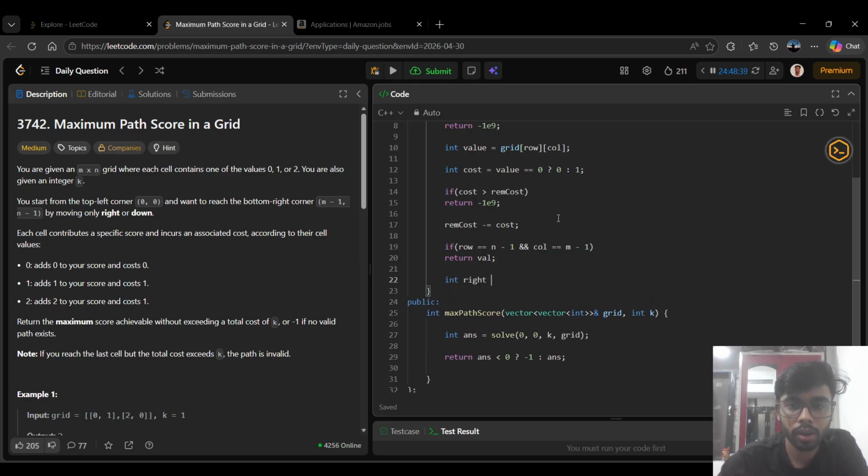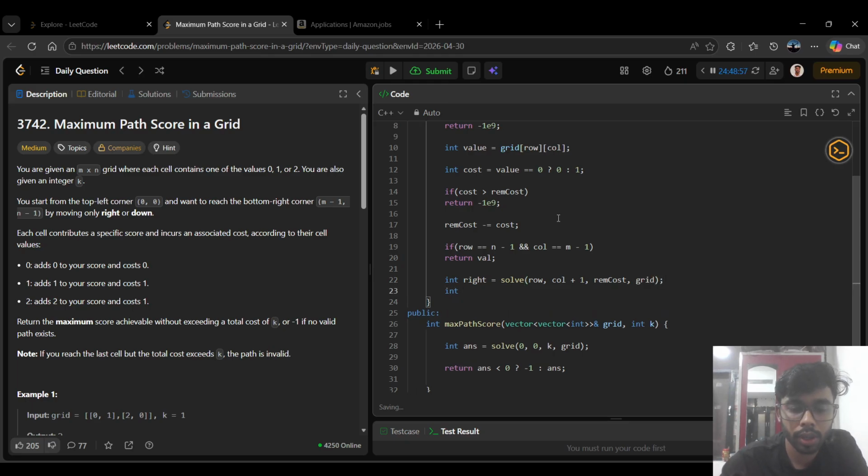Otherwise, int right is equal to, otherwise I have to move towards the right. Then right will be solve of row comma column plus 1 comma remaining